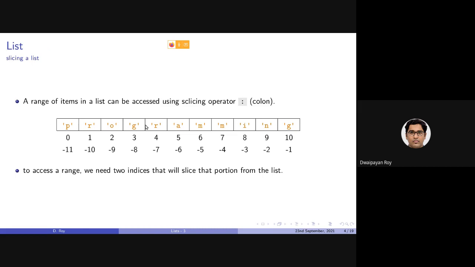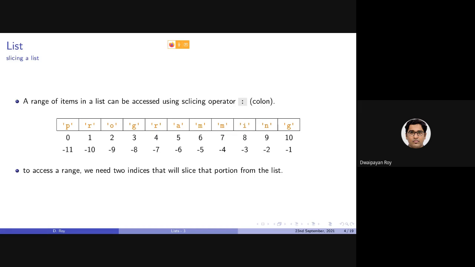Here, this can be a string or the representation of a string, as well as a list, because as we discussed in the last class, the way lists and strings are handled is kind of similar. There are certain differences. We will be discussing one of the major differences in around 5 minutes.